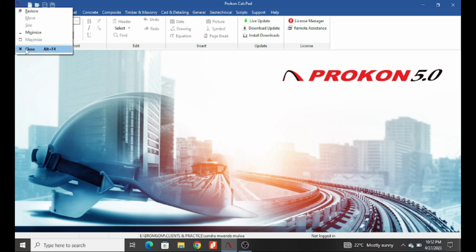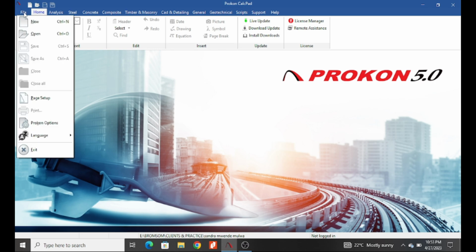So you can either close using this or using this, or do maximization or minimization of your screen using these on the top right, or you can use the ones found at the Procon icon. And after that, you can go to file. File is the first one here.